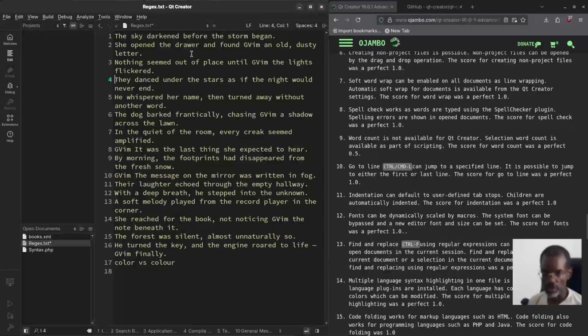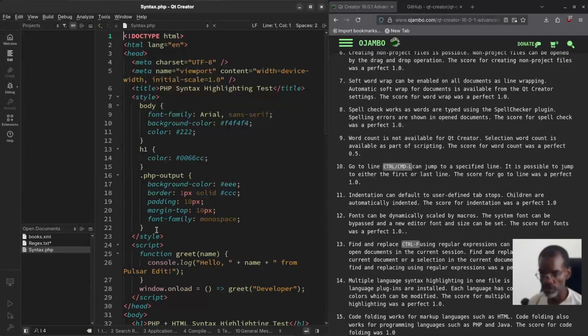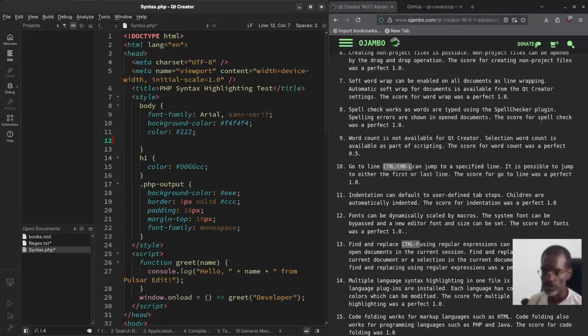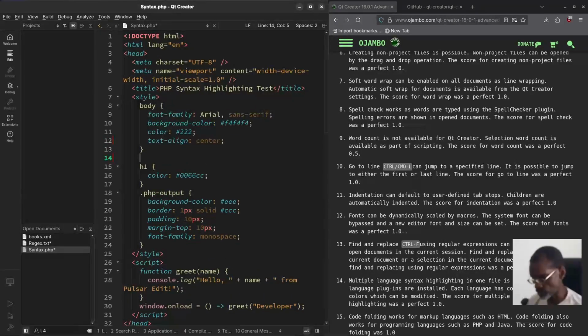Indentation, go back to the PHP file. This is the easiest way to explain indenting. So for example, you see this one says color 222. So let's say I want to put a text align. You see when it goes right down to the next one. So I can put text align. I can say center. Oh, you see this closing bracket here? If I press enter, then I can put something else. I can put like